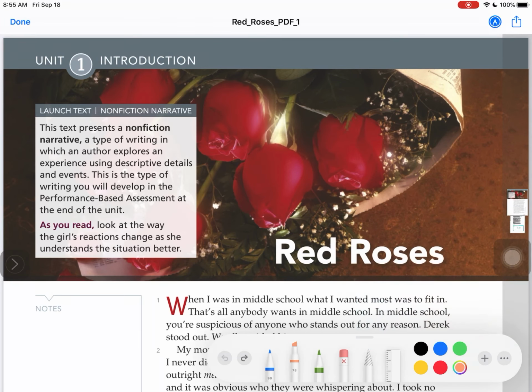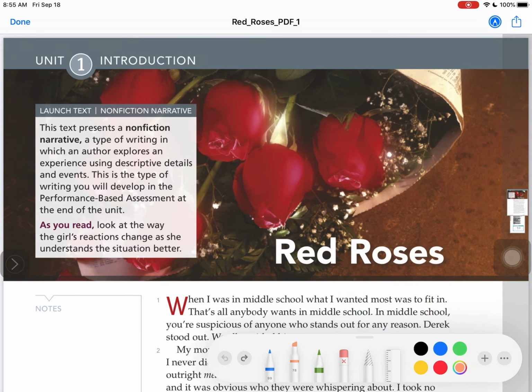And then I'm also going to write on the side, since you don't have the annotation function. If you're using this PDF, you're going to have to write on it instead of typing your annotation. I'm going to choose my pen, and I'm going to choose thin. Now I'm going to use my Apple Pencil, not my finger, because that would be really hard to write with. I'm just going to put over here in the margin,